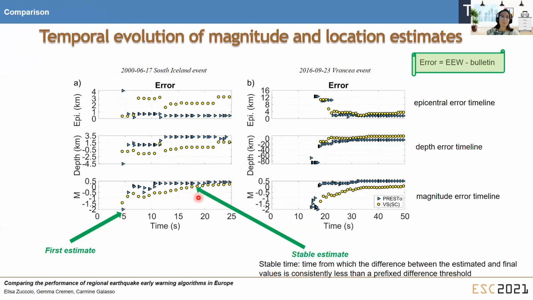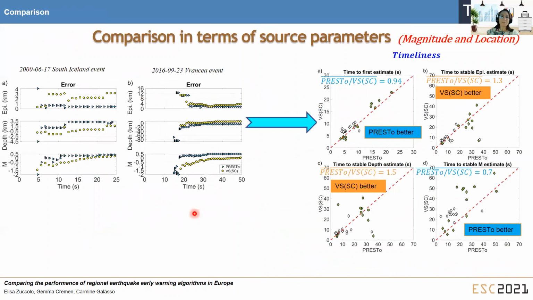We define the stable time as the time at which the early warning estimates stop changing significantly in time. Moreover, these timeline plots allow us to assess the accuracy of the source parameters. In other words, how much magnitude and location deviate with respect to the corresponding bulletin values. The first comparison was therefore performed in terms of timeliness at two temporal instants, the first instant and the stable instant. Our analysis revealed that the first